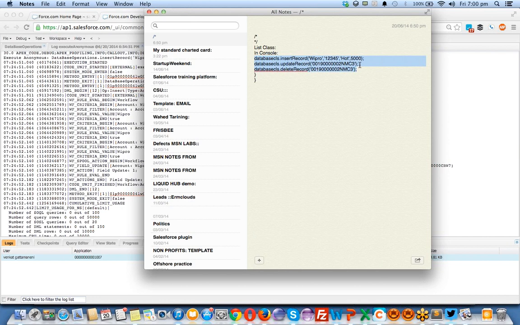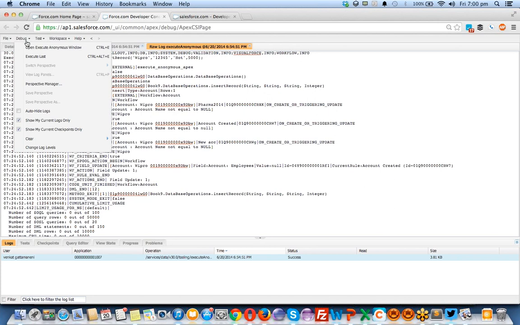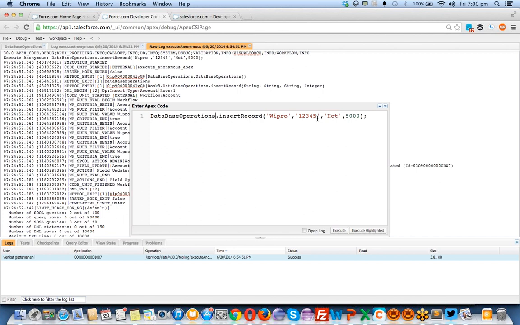And coming back, I want to run the other two operations also. Go to the debug log, open the anonymous window.